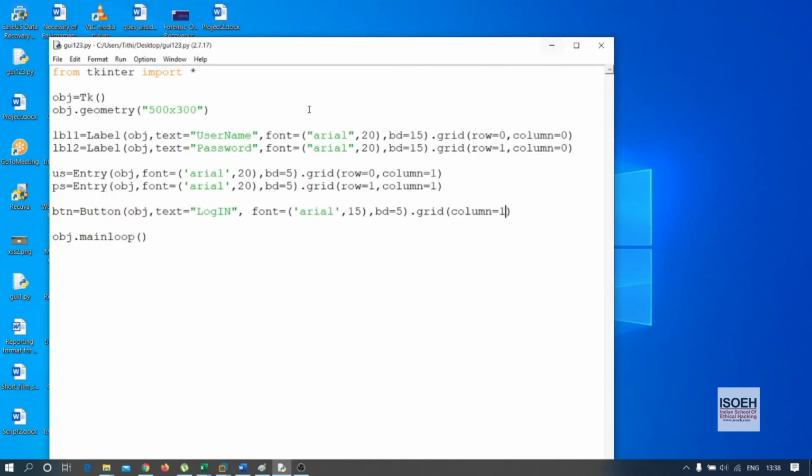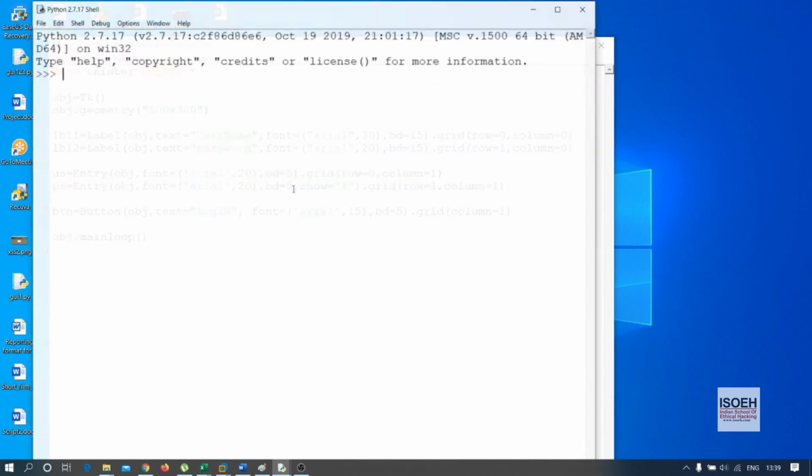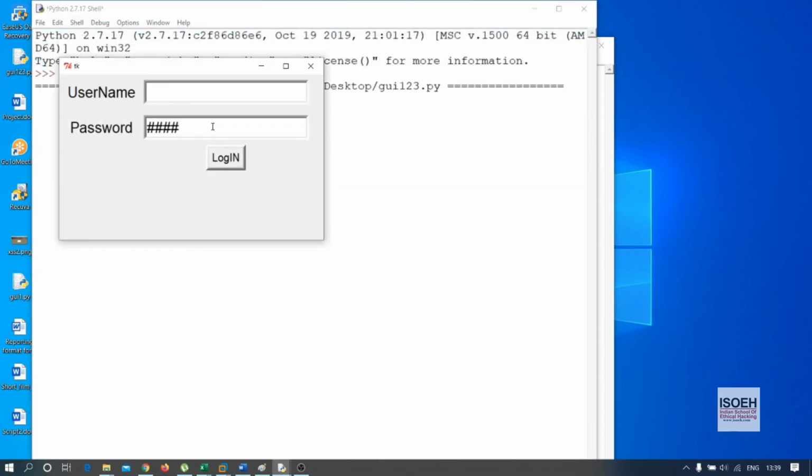So for this thing, in this entry, you can do one thing. There is another option called the show option. If you write show equal to anything, then when you're typing in this entry field, that value will be shown. Like if I'm giving hash. So now what I'm typing, it is displaying on the screen, it is a hash.